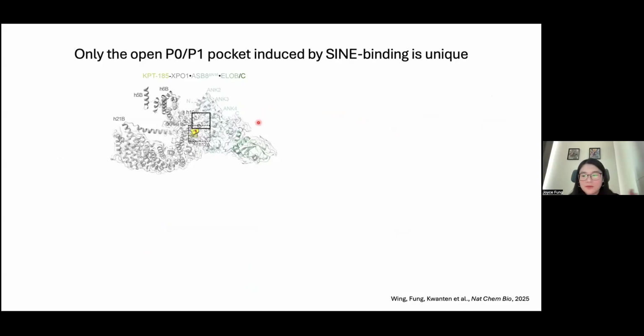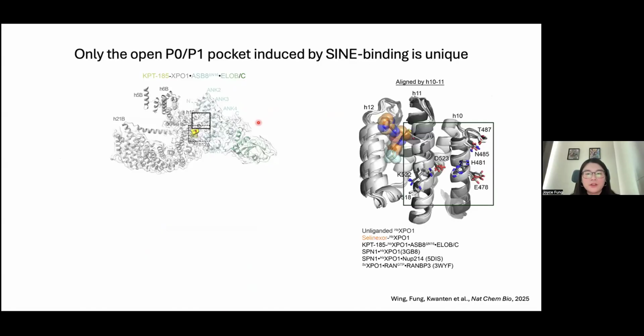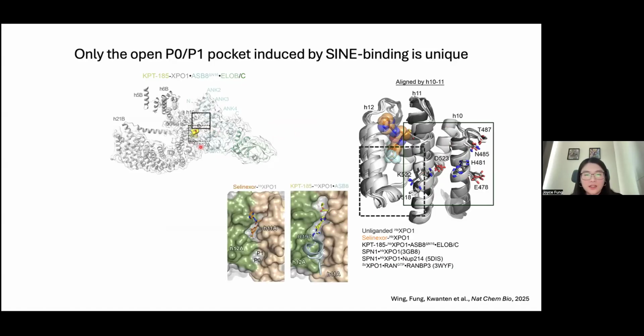Okay, so it seems like mutations on both sides of the interface are necessary for binding. So what is unique about this pocket though? If we look at all the structures that are known, these are all structures of Expo1 bound to different things, cargo, even a NUP214. And you can see this side of the interaction, which is this side here. All the side chains that are used to make contact with ASB8 are in the exact same spot and are accessible. So the only thing that is not accessible all the time is this P0, P1 pocket that we thought is